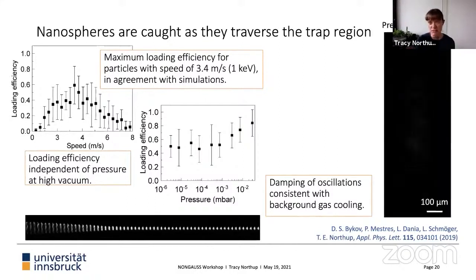The second video here that I can't show you shows a particle getting trapped at lower pressures, now in high vacuum of 10 to the minus 6 millibar. It's a quite slower process, which is why it's sped up in this video so that it doesn't take half an hour, which is the actual length of the video. That indicates that we would have serious problems trying to do this if we wanted to work at, say, 10 to the minus 10, 11 millibar.